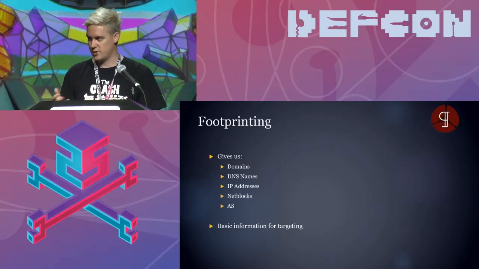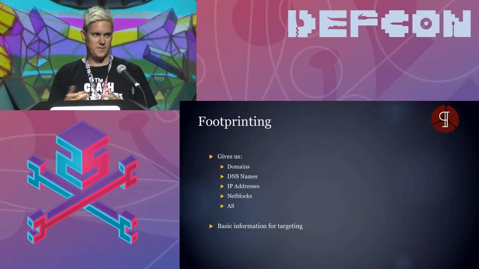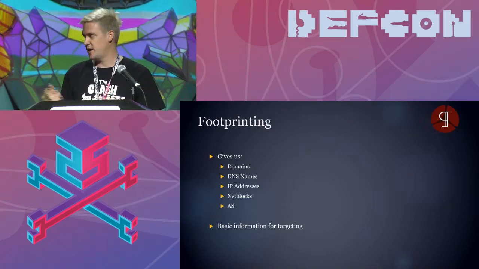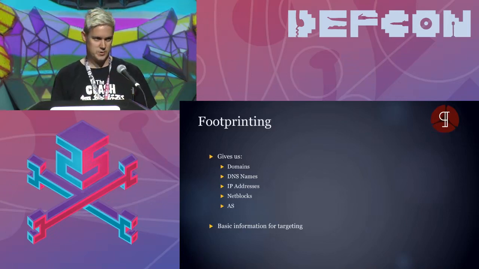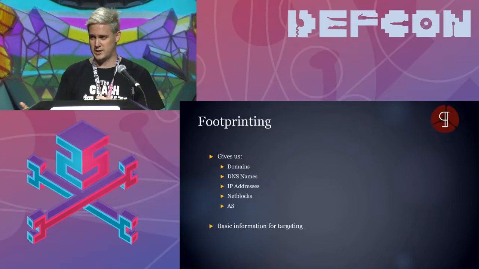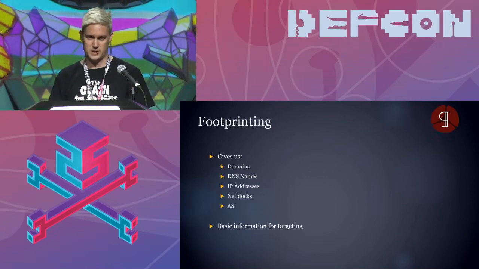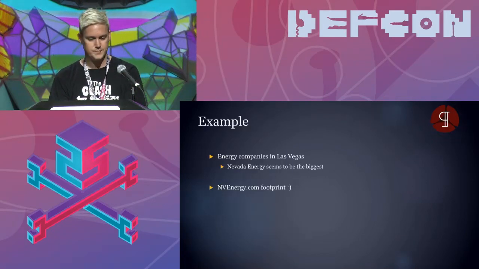When we start targeting organizations, I can say this footprint gave me DNS names, domain names, IP addresses, net blocks, so that I can use them when I'm looking for, say, ICS devices, or when you're trying to profile individuals who work at organizations, specifically more sensitive organizations that we find. Because we were doing, I'm actually going to stop that one.